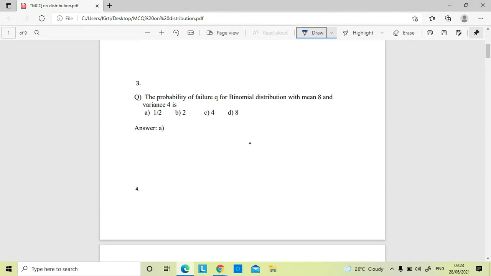The probability of failure Q for a binomial distribution with mean 8 and variance 4 is. So here we want the value of Q, the probability of failure for a binomial distribution. So how can this be done? First of all you should know what the given quantities are and how I can make use of them. We know that in a binomial distribution, many of the examples related to distributions can be answered